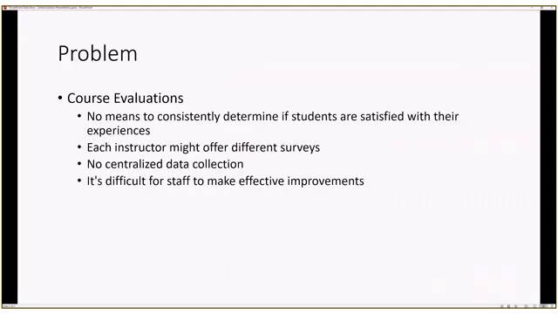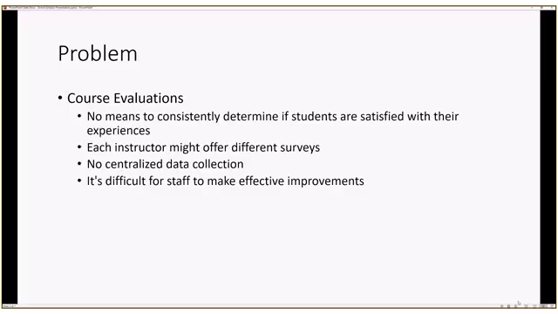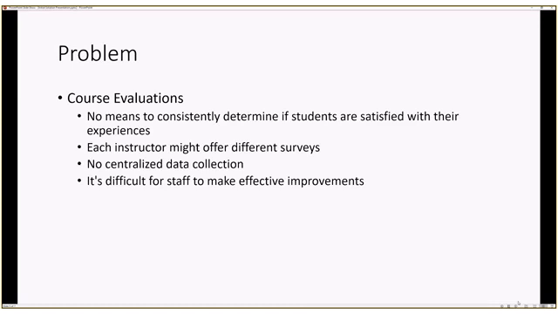Okay, so moving on to the problem, we decided that course evaluations is where we thought that we could give the university the best solution. It is a problem because currently the evaluations that are sent out to students at the end of each semester are not standardized or analyzed, which has led to inconsistency and lost insights to improvement. Currently, each department is allowed to create their own surveys with their own set of questions, and each instructor within the department can offer alternate surveys from the one provided by the department.